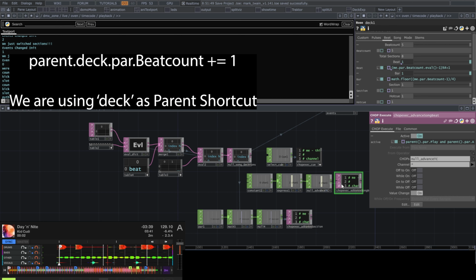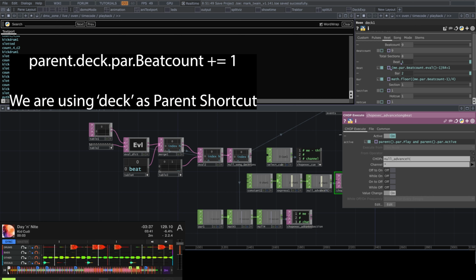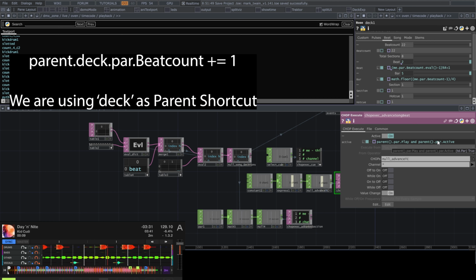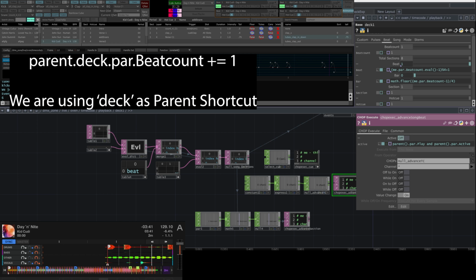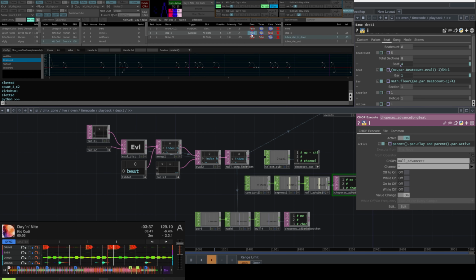So in this case, if the deck is playing and the deck is active, then we will advance the beat count. If you recall from moments ago, we have these buttons at the top of the UI that indicate the active status of a Touch Designer deck.